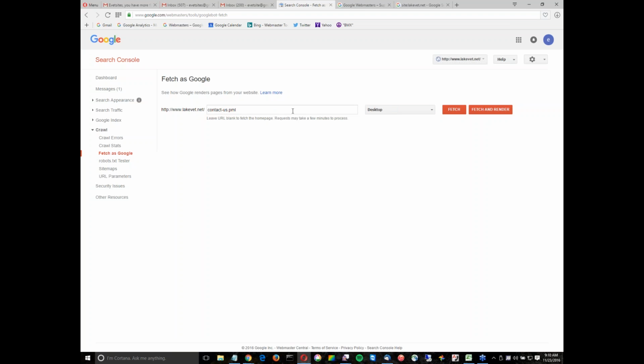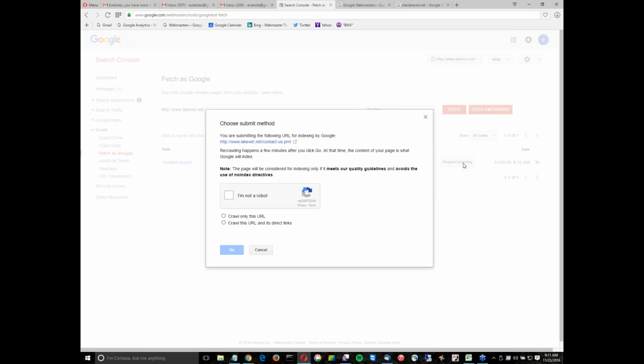All right, so here it is. I'm putting this in. I'm going to fetch it. Now there's two options here. You can see how it says request indexing here. So we submitted this for indexing. That's cataloging. Or for those of you that have worked in retail, it's kind of like an inventory. It's basically going to tell Google to come out there, make a snapshot of that page, and hopefully get an